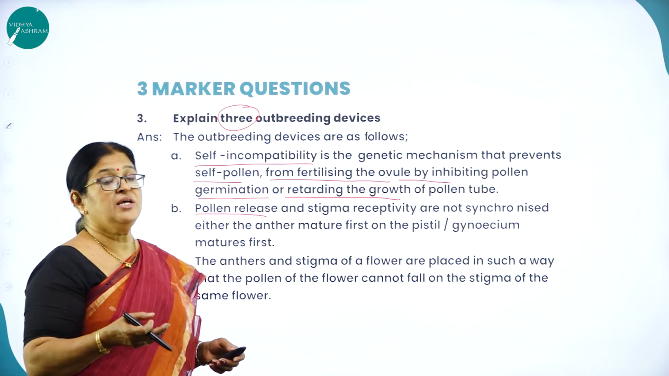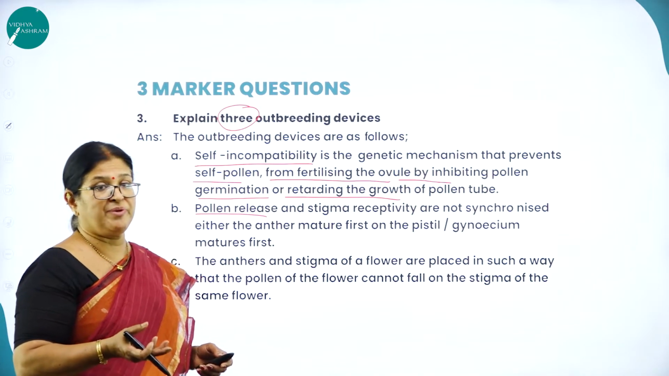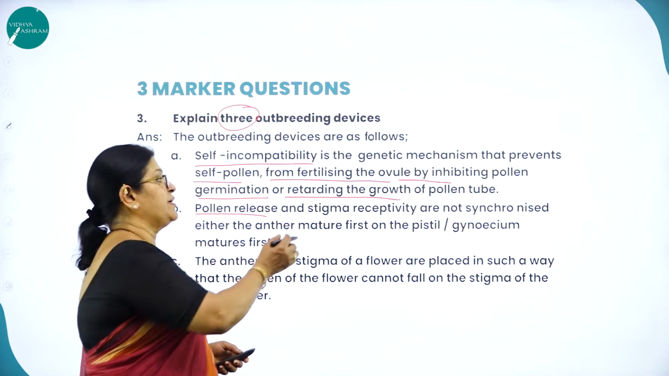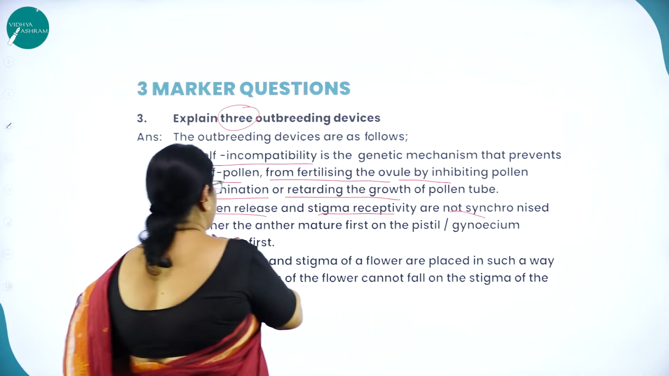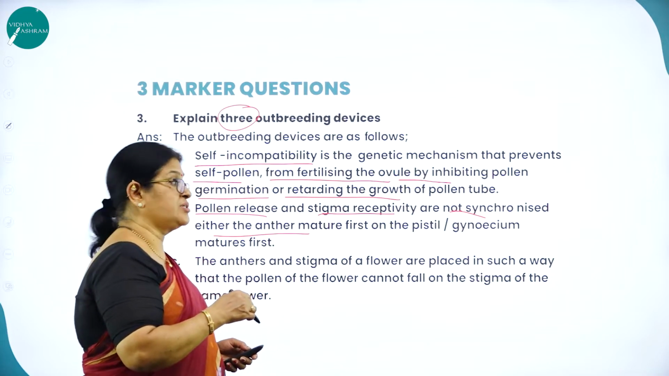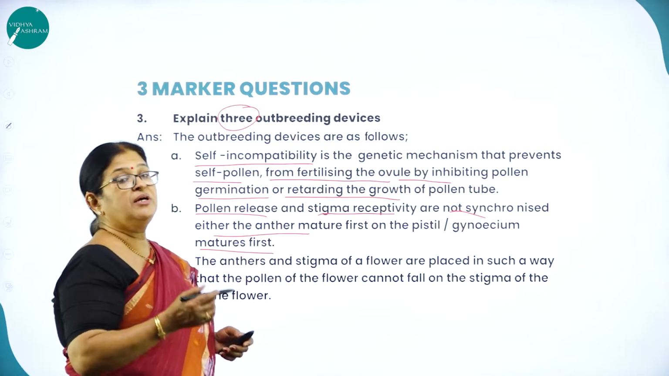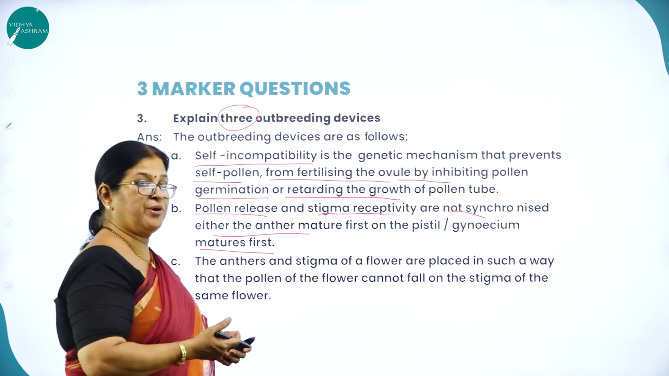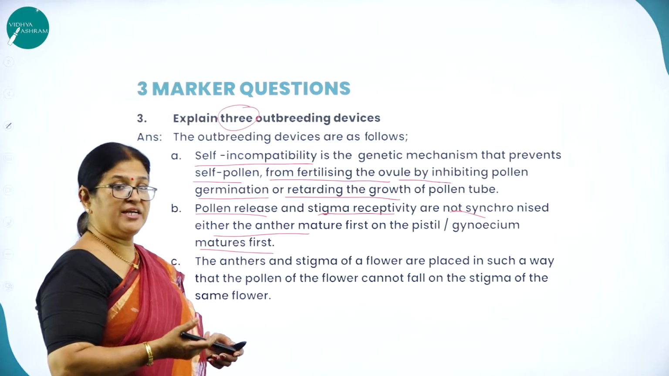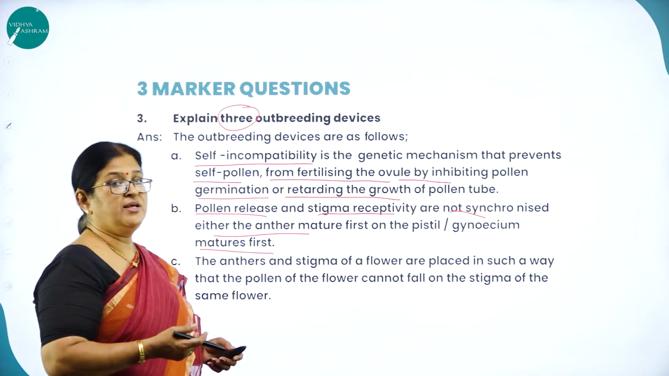So in that case, the pollen grain will not germinate. So pollen release and stigma receptivity are not synchronized. Either the anther may mature first or the pistil or gynoecium may mature first. So the maturity of the reproductive organs may take place at different times so that it can avoid self-pollination